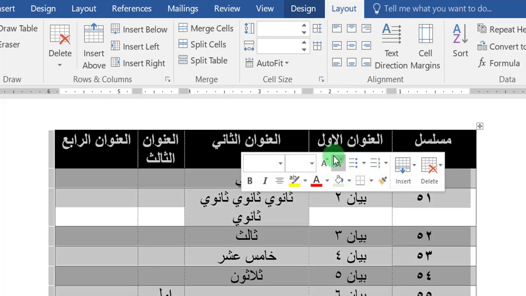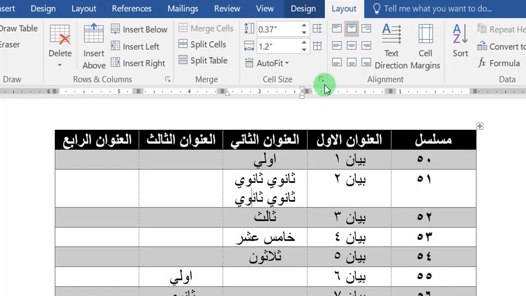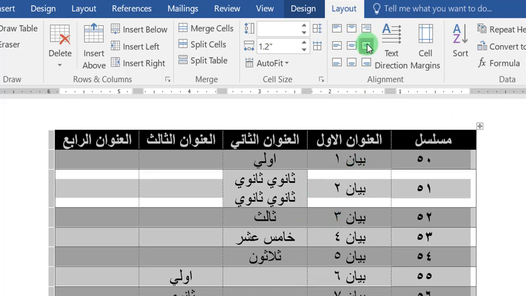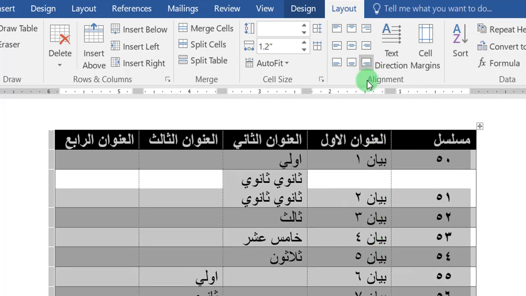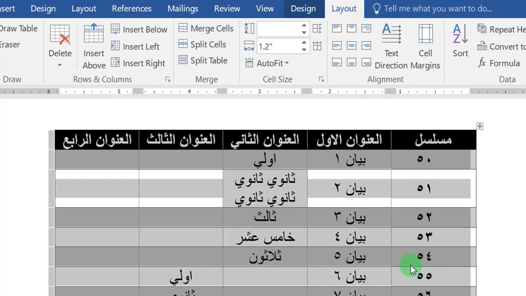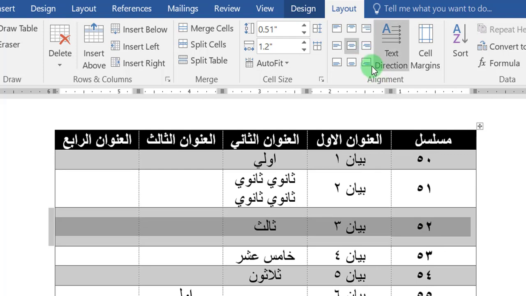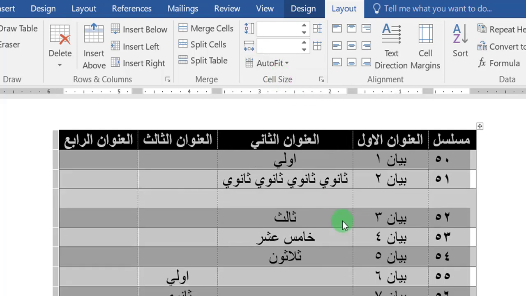By highlighting the table and clicking Distribute Columns, the cell width will be adjusted according to the content. By highlighting the table and choosing the desired text alignment for the cells, increasing the row height for better alignment clarification. By highlighting the table and clicking Auto Fit Contents, the cell formatting will adjust to accommodate the content.